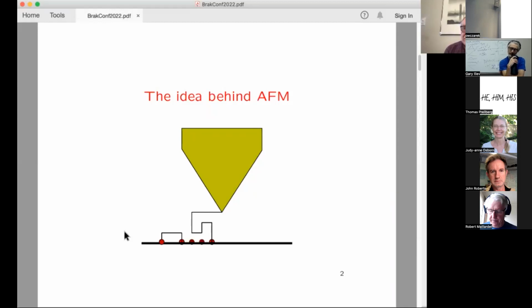It's grabbing the polymer somewhere, and mainly for simplicity, today it's always going to grab the polymer at the end, at the last monomer. Now if the AFM tip is retracted, that is, it goes upwards, it will tend to pull the polymer off the surface. So that's the physical background. In order to look at this, we need to build a model, and the model that we're going to look at is self-avoiding walks.